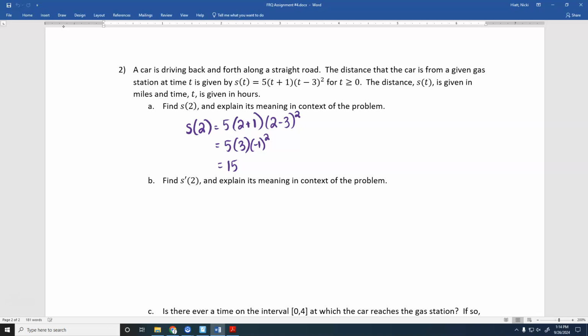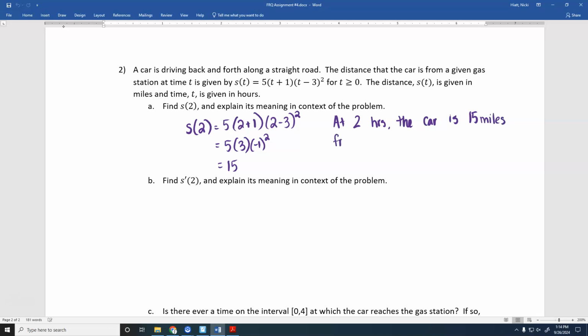So S gives you the distance from the gas station, right? So we're plugging in 2, so that's our time. So at 2 hours, the car is 15, what's this measured in? Miles